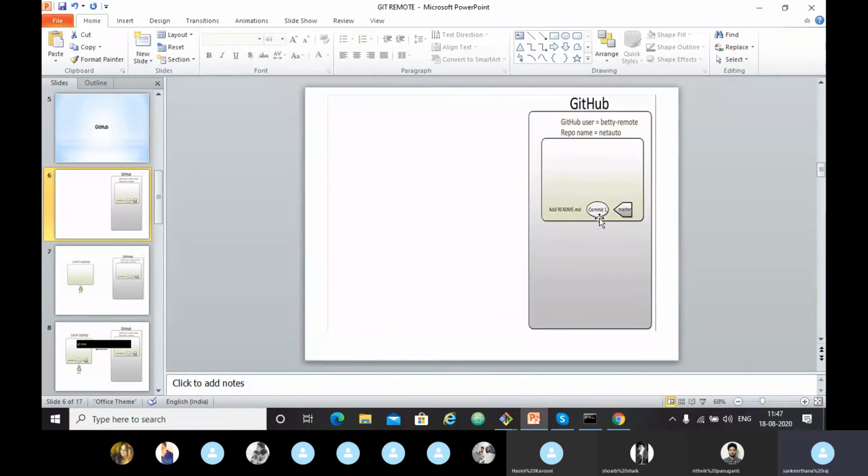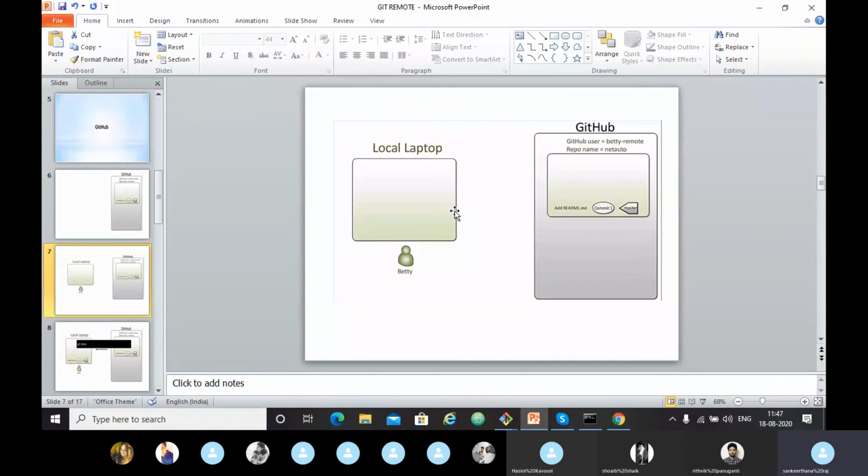After that, we have our local computer. If you want to download anything from GitHub to our local computer, meaning fetch anything, you have to clone it. You just have to type git clone and the URL where you have the repository.